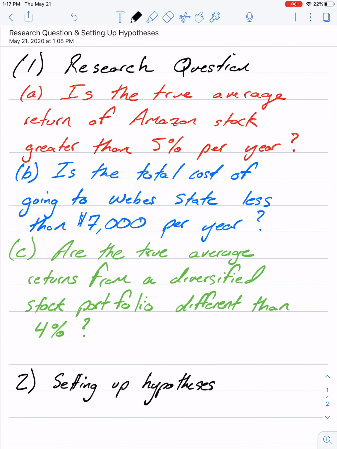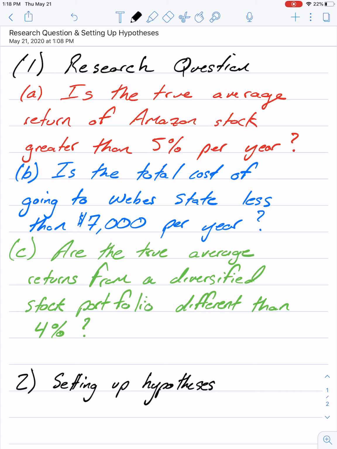There's different colors. So this video is going to be about research questions and setting up hypotheses. This is the first video for section 2 of the course, which is all about hypothesis testing, which may or may not be the coolest thing in the world. So what we're going to do at the beginning of this section is talk about simple hypothesis testing. And let's just first go over some of the types of questions we might ask for a simple hypothesis test,